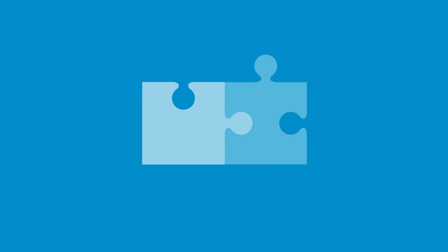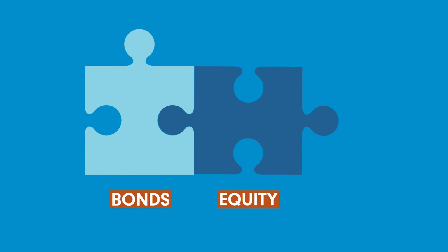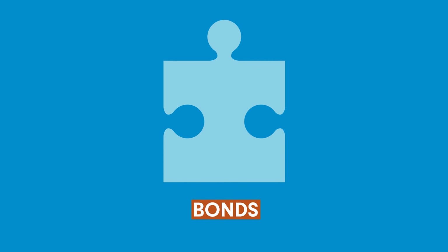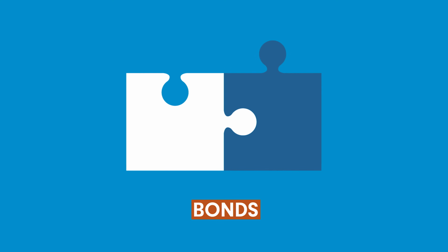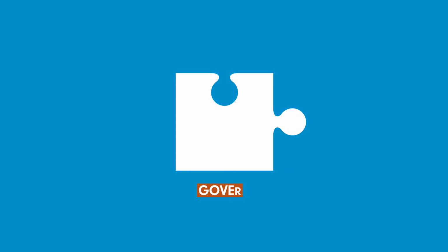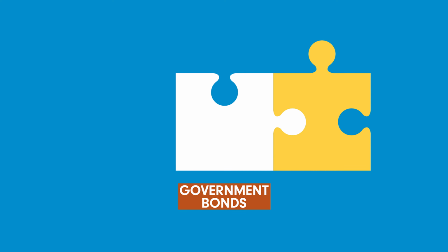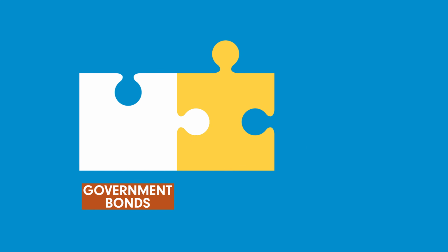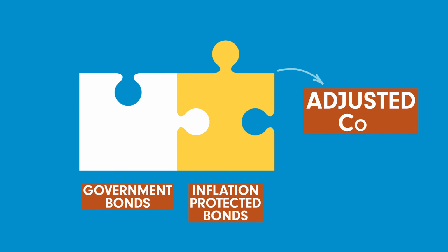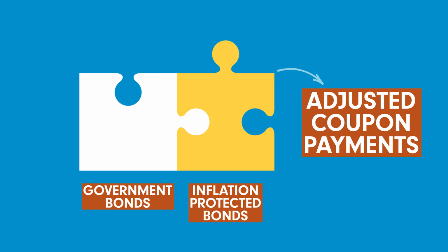While there aren't very many types of equity securities, there are many different types of bond or fixed income securities. The first type of bond security we should talk about are government bonds. These bonds are issued by governments instead of companies, so they are not a part of capital structure. Most government bonds make fixed-rate coupon payments, but some government bonds are structured to adjust these coupon payments based on inflation. These securities are called inflation-protected bonds and are a different type of security than regular government bonds.